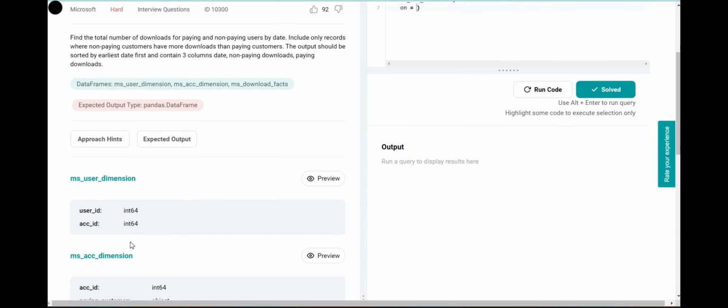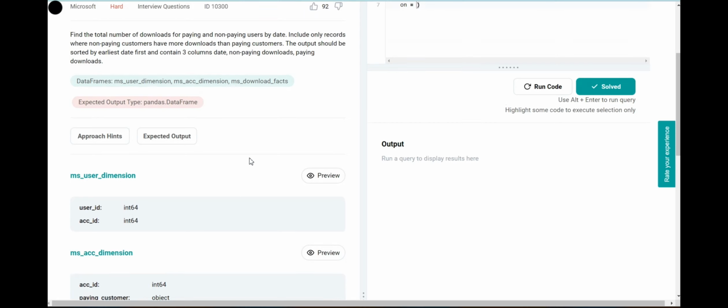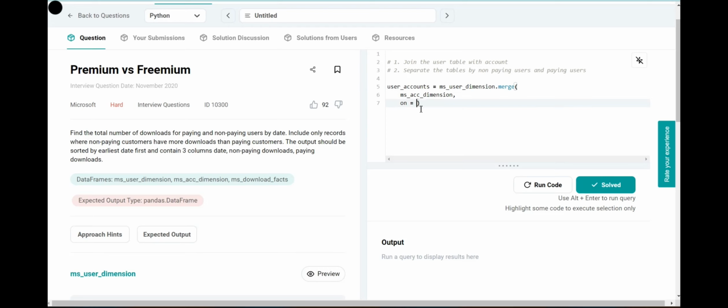So this is what we have. We have account ID, and we assume that this account ID for the user is associated with the user here, so hence we join it by that. So we're just going to say account ID equals, and I'm just going to do an inner join